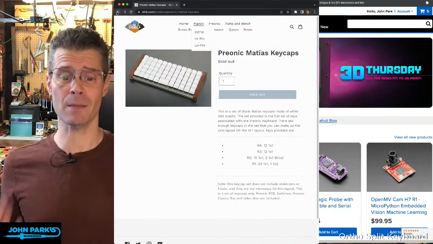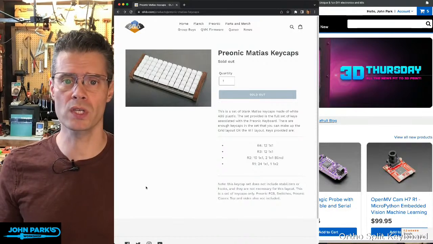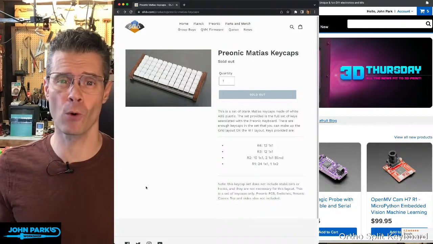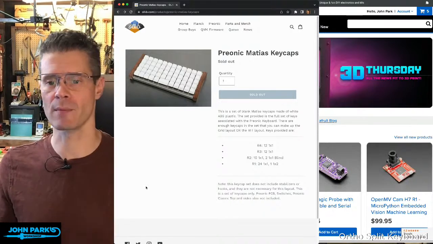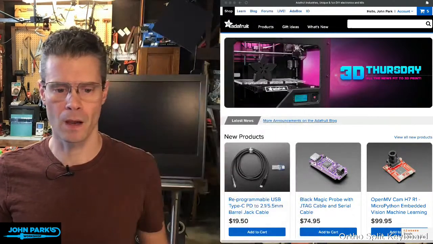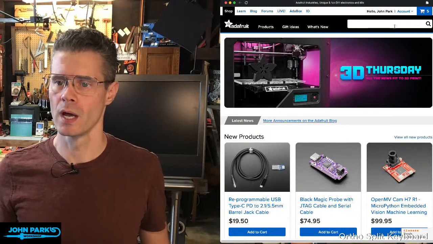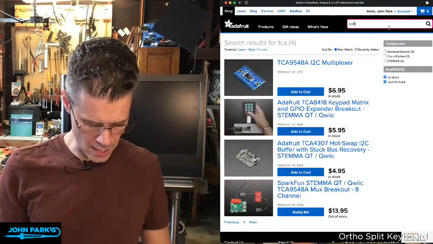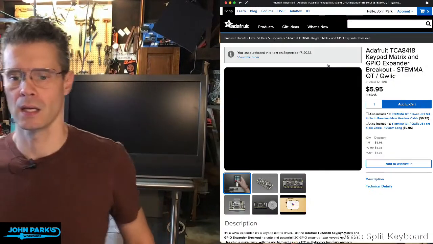I don't have one, I haven't had one, I decided to build one. I thought it'd be fun to try to build this type of keyboard using our TCA8418 key matrix breakout, which is on Stemma QT. Let me go back to my browser that scared me off earlier, this one, and let's look that up, TCA8418. This is a